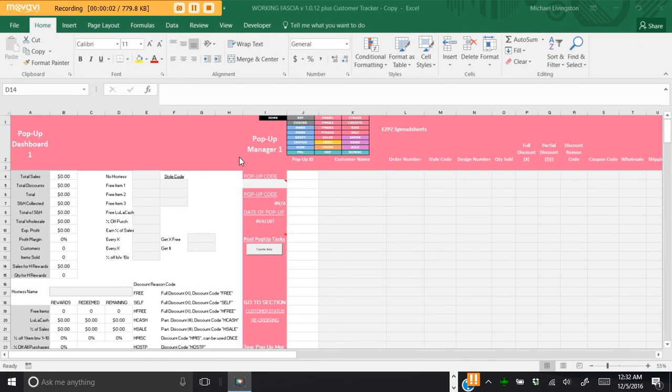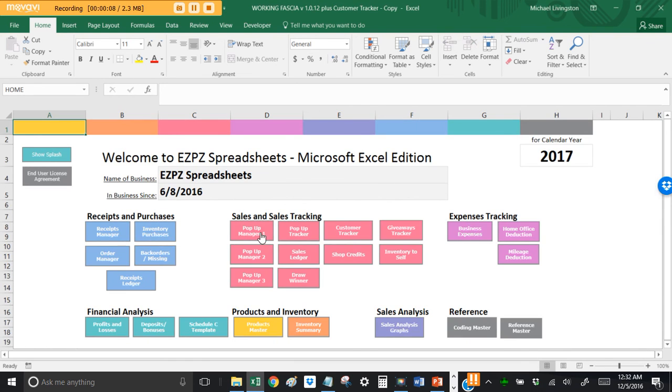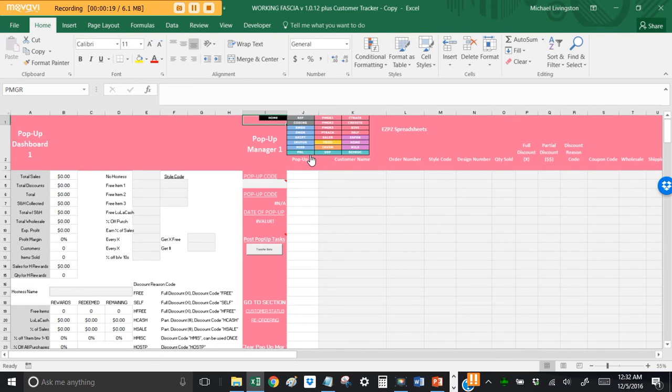New and improved for 2017 is the pop-up managers. In 2016, I only had one pop-up manager. In 2017, I built 3. Each one is a duplicate of each other, so they will all look and operate and